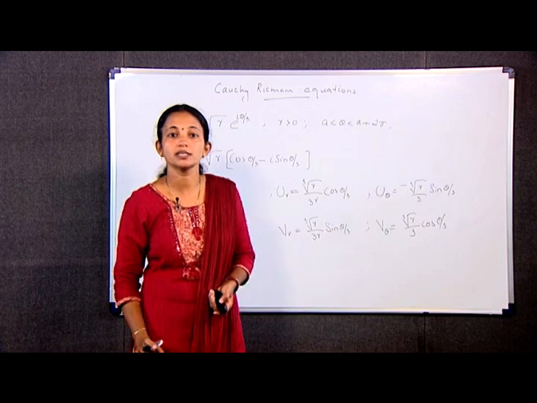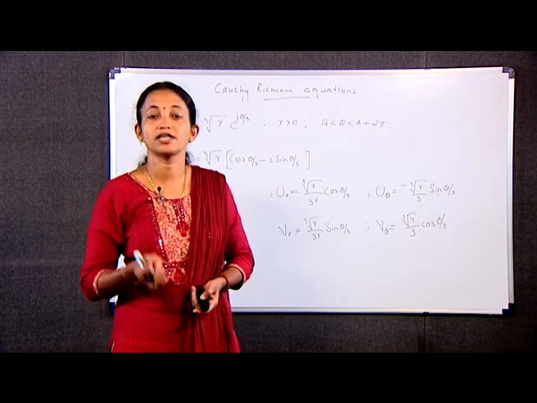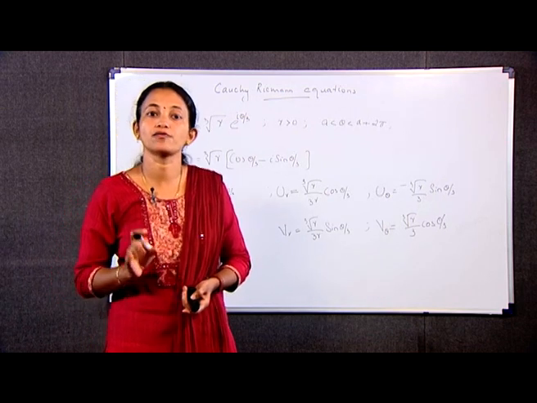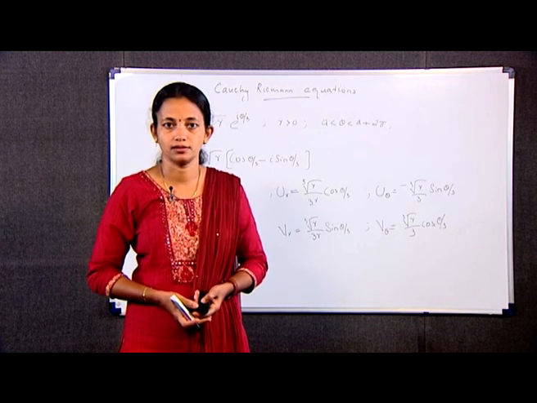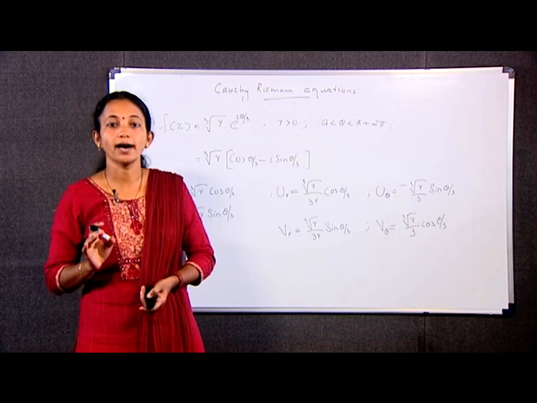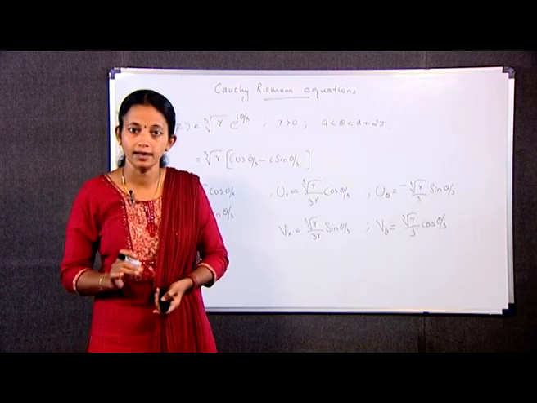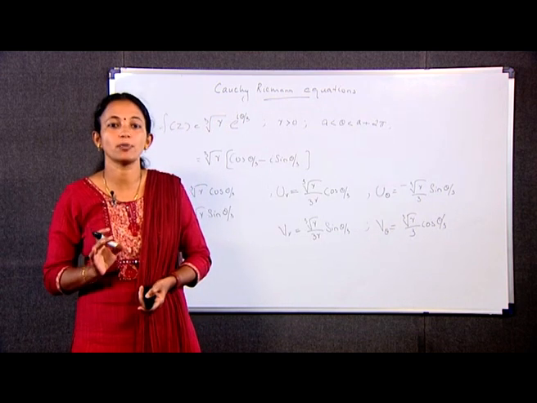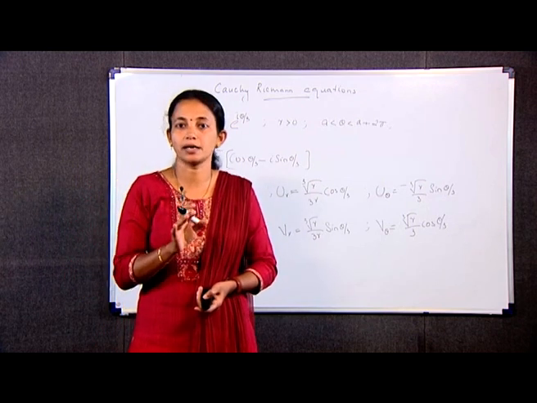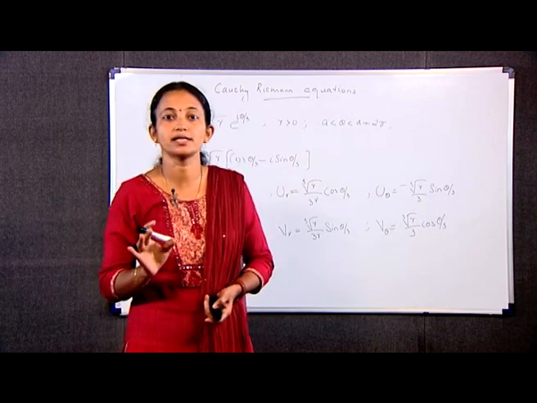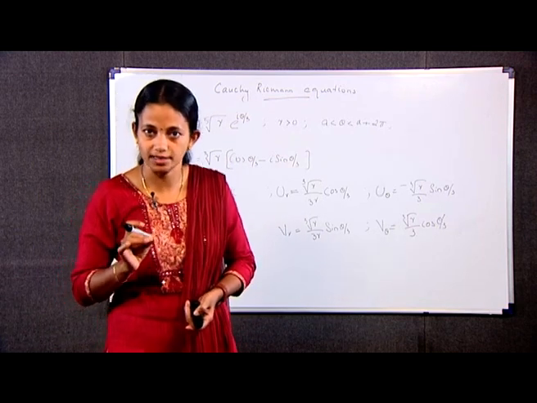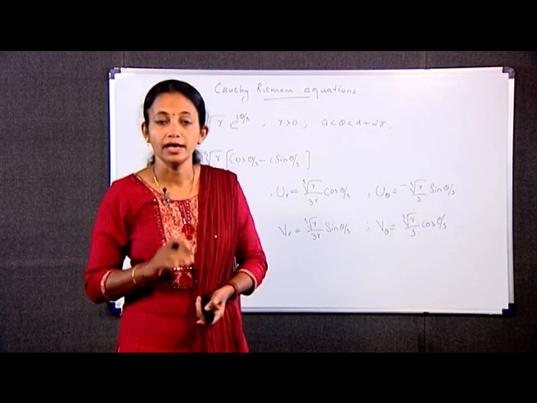Hence, u_r is equal to 1 by r v_theta and 1 by r u_theta is equal to minus v_r, and hence the polar form of the Cauchy-Riemann equations is satisfied. Also, the first order partial derivatives of the functions u and v with respect to r and theta are continuous at every non-zero point (r, theta) in the complex plane. Hence, all the conditions in the theorem are satisfied at non-zero point z is equal to r e raised to i theta in the plane. Hence, the derivative of f exists there, and according to the formula,